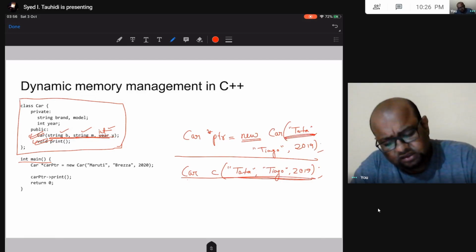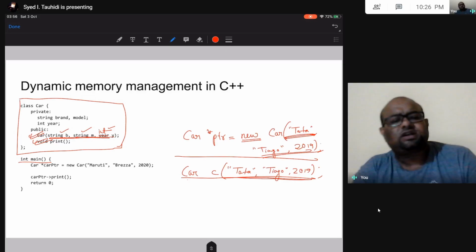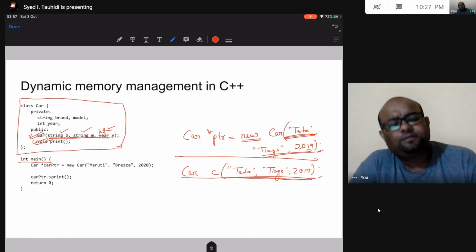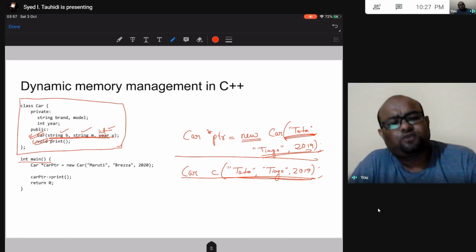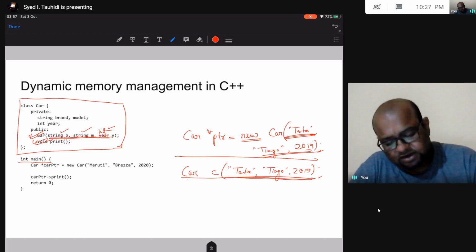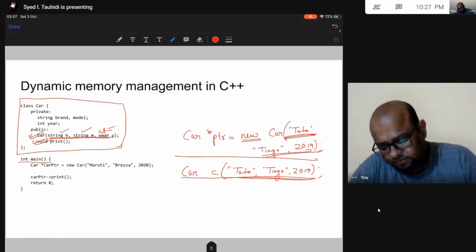Okay, so the constructor is anyway going to be called whether I create this object in heap or anywhere else. The object is going to act naturally like it did before. So I have to pass arguments to the constructor. The constructor takes 3 parameters, so I'm giving these 3 parameters. Okay, so this is how I create.